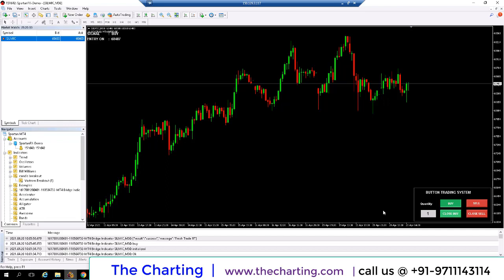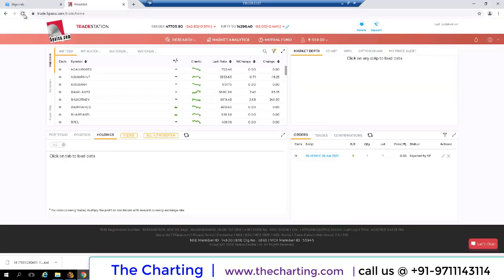Now I need to close this buy position. For that I need to click close buy. I clicked here. Now you can see I need to refresh here. You can see the sell order is also here. Okay, both positions are rejected because my fund is low.